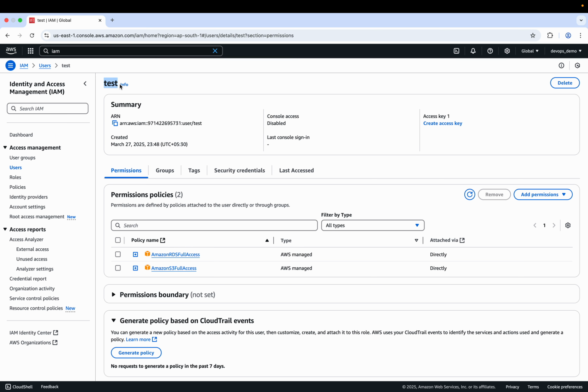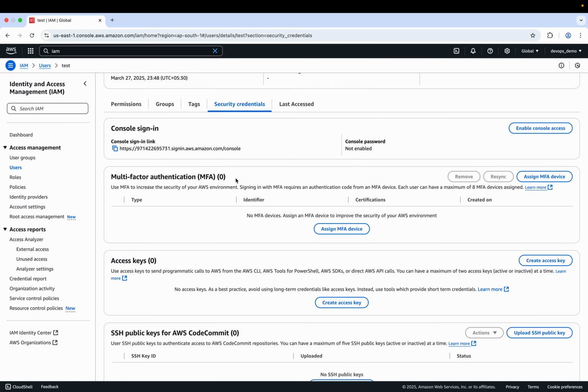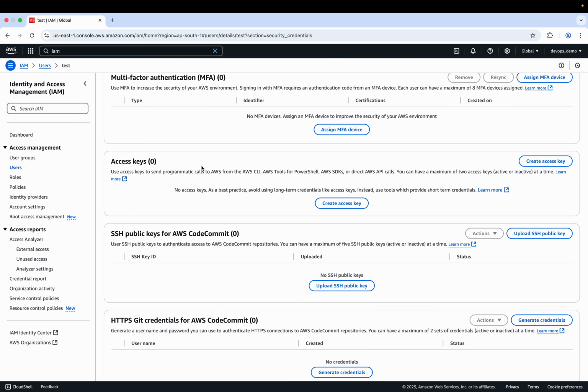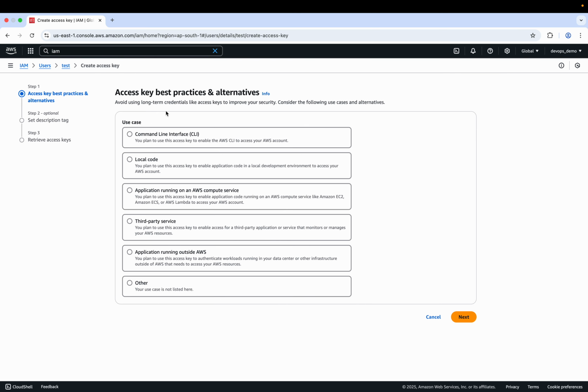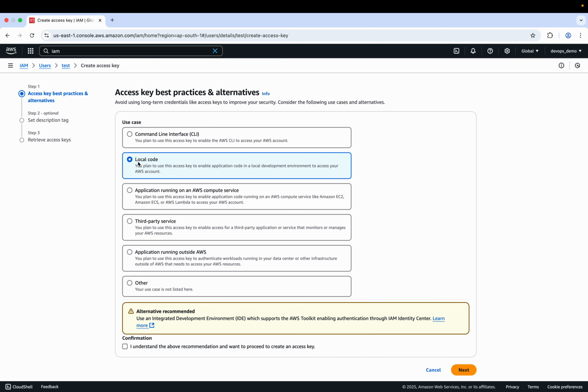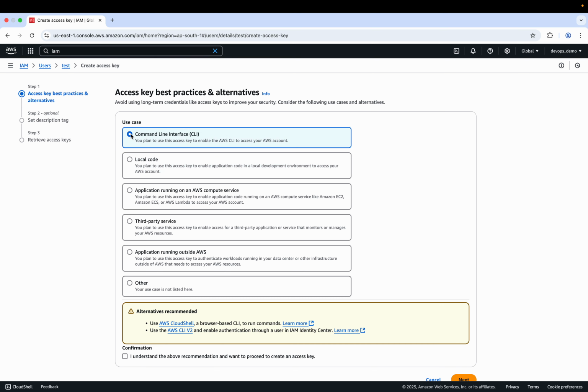Now you have to utilize this test user. If you are developing any API, or if you are trying to access any AWS services through this user, you will require the credentials. So here you can see the option Security credentials. Get into Security credentials. There is an option called Access key. Click on Create access key. Here you have to pass the use case. Why do you want to create the credentials? Either you are developing your code locally and want to test, or you want to run AWS CLI commands,